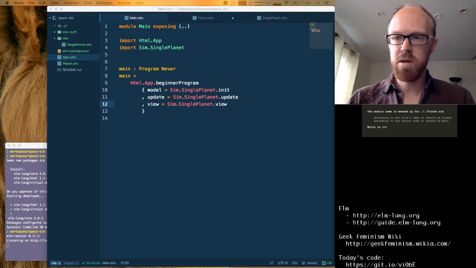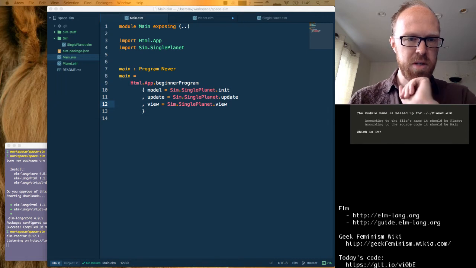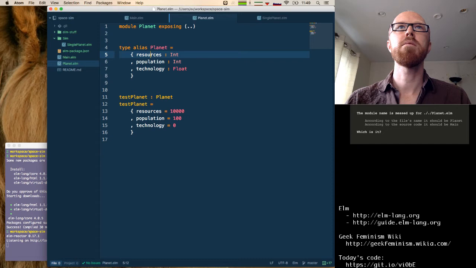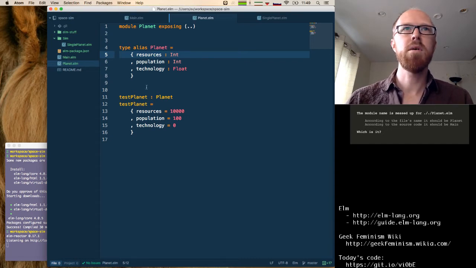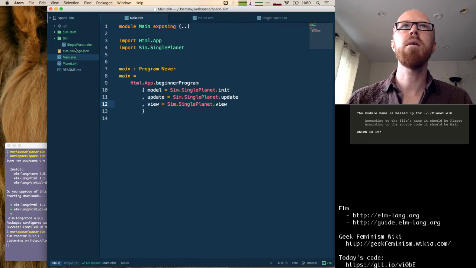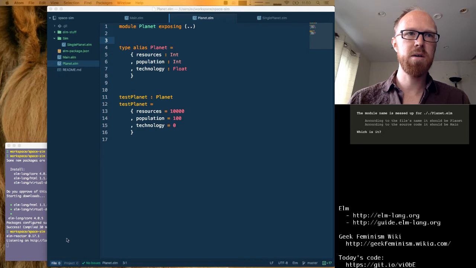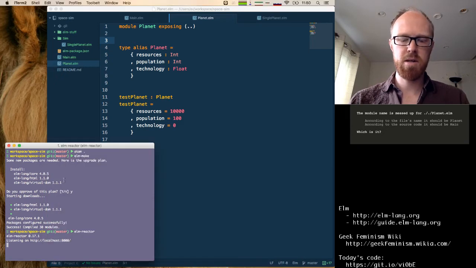Let's see, so my module name is messed up for Planet.elm. Oh, interesting. I renamed this later, but I think this might be because my build folder is dirty.